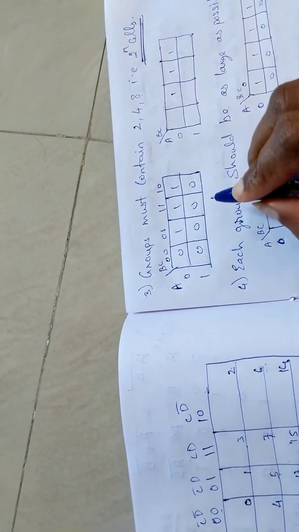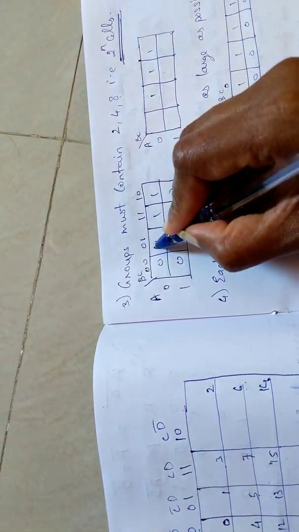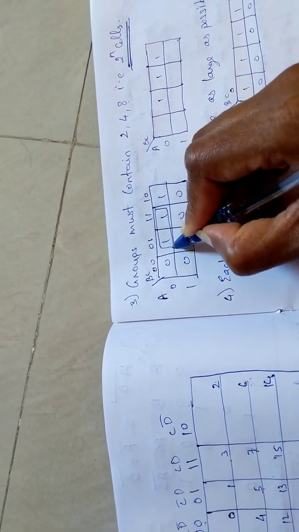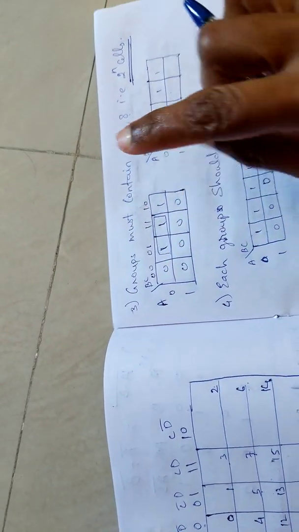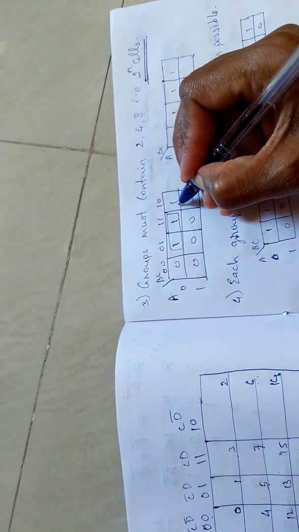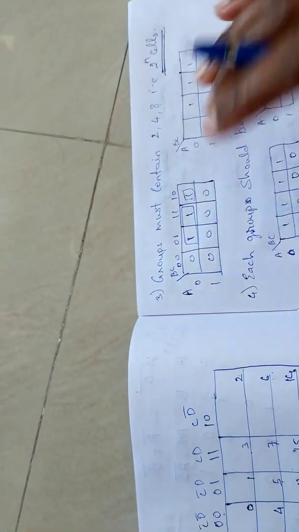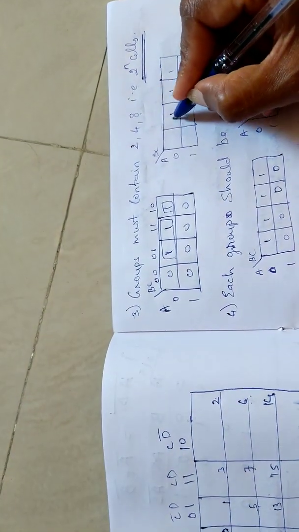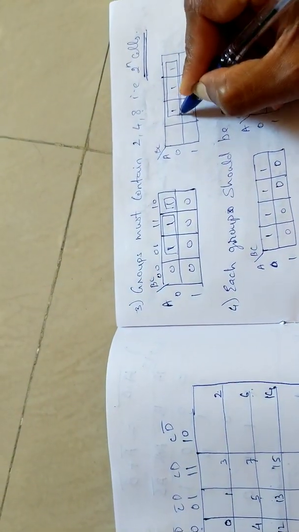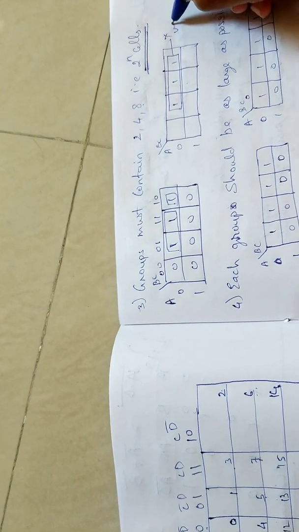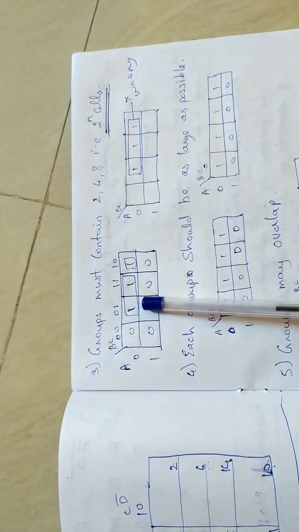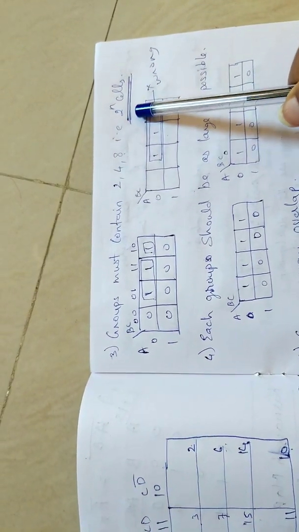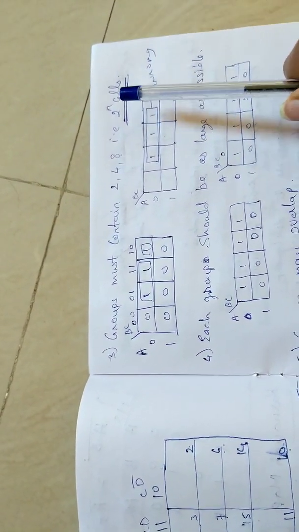So how can I make a group? I can make a group of 2 like this, 1 only. A group should start with a minimum of 2. And this is a separate group. That is separate. You cannot make a group of 3 like this, even if I have 3 continuous. This is wrong. You can only make a group of 2, 4, 8, 16. In that way it is okay, 2 to the power of n.